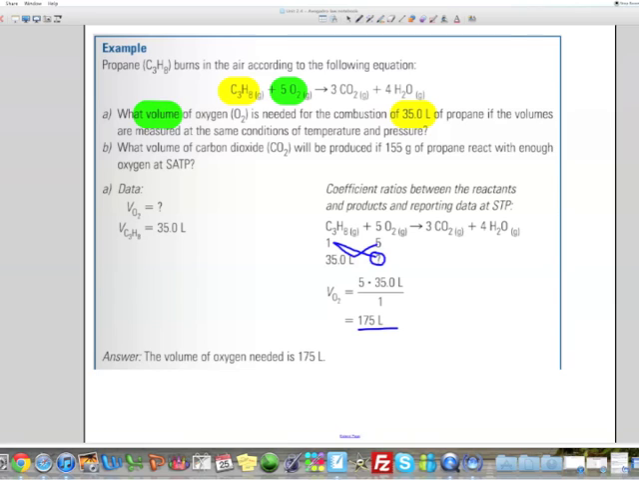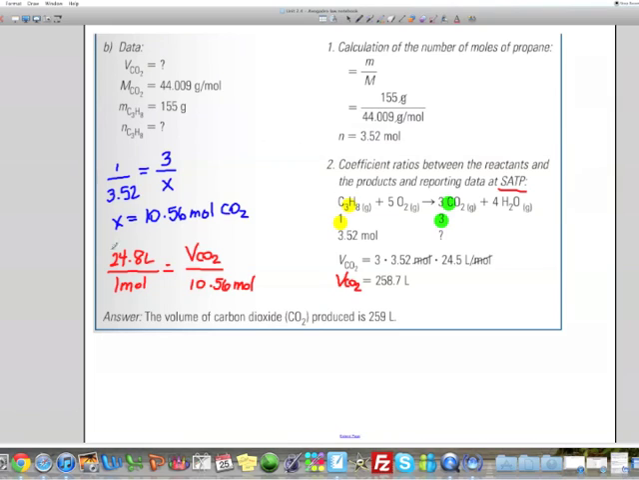So there is a part B to this question, and it says, what volume of carbon dioxide will be produced if 155 grams of propane react with enough oxygen at SATP? So we're looking for volume of carbon dioxide, but we're given a mass of propane. So the first thing you'll need to do, if you go to part B, is to convert that mass of propane into an amount of moles. So molar mass of propane is 44 grams per mole. So it gives us